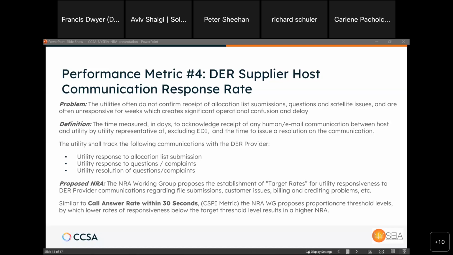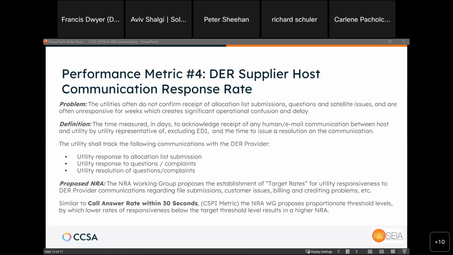Richard, I'll jump in. I think there are two ways for us to actually track this performance metric. One is that the utilities know on their end when they've received whichever means of communication came from the host, and how long it took them to reply. I'll give you just a practical example. Right now, NYSEG RG&E are doing a great job of responding, not solving the problem, but just responding. We're on it within 2 business days. And this has been going on for I believe like 2 or 3 years now, which big kudos to them